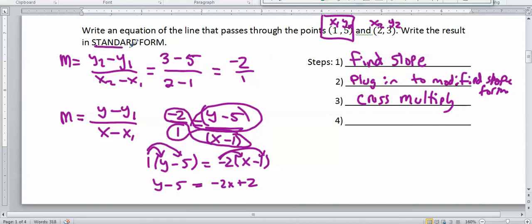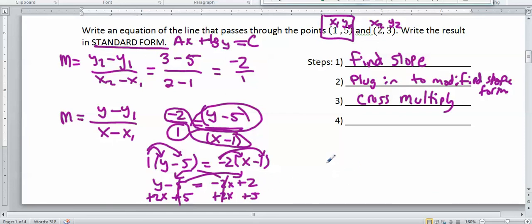Now it tells me to put it into standard form. And remember, standard form is ax plus by equals c, which means I have to move the x over here and this 5 over here. Okay? I get the x and the y on the same side. So to get rid of the x on this side, I'm going to add 2x. And remember, those can't be combined because it's an x and a y, so that's not going to work. They're not like terms. And then to get rid of the 5, I'm going to add 5 to both sides. What I end up with, those cancel, those cancel. Well, the 2x doesn't combine with the y, so it's 2x plus y is equal to, and then 2 plus